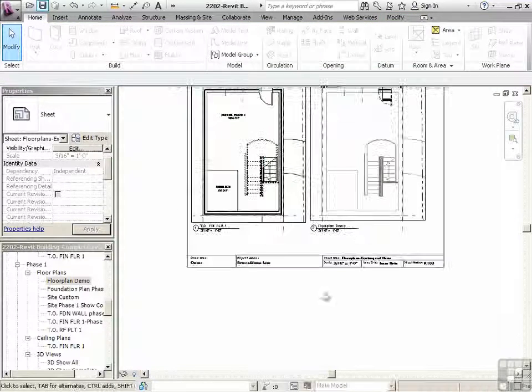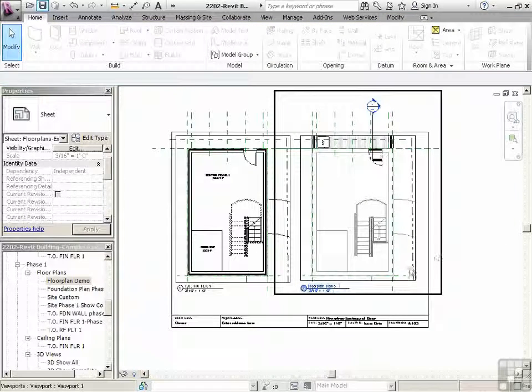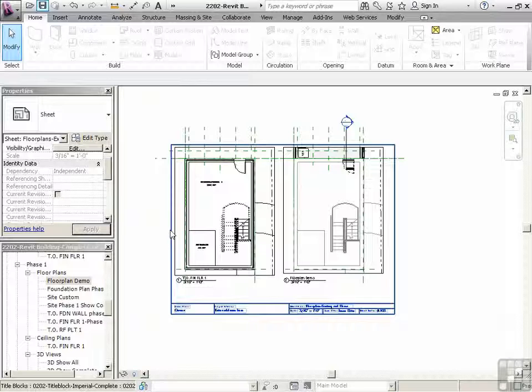stretch that back. Okay, now we've got a lot of stuff showing that's actually not going to print, but right now, mainly looking for sort of size, and that looks about right. Okay, let's save